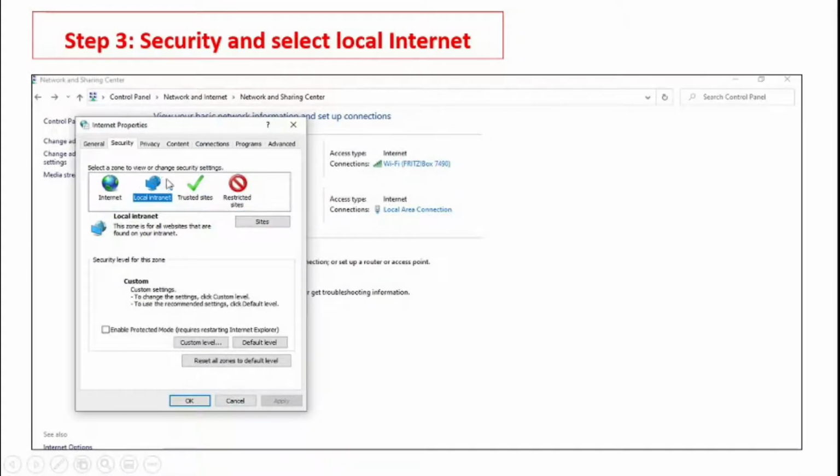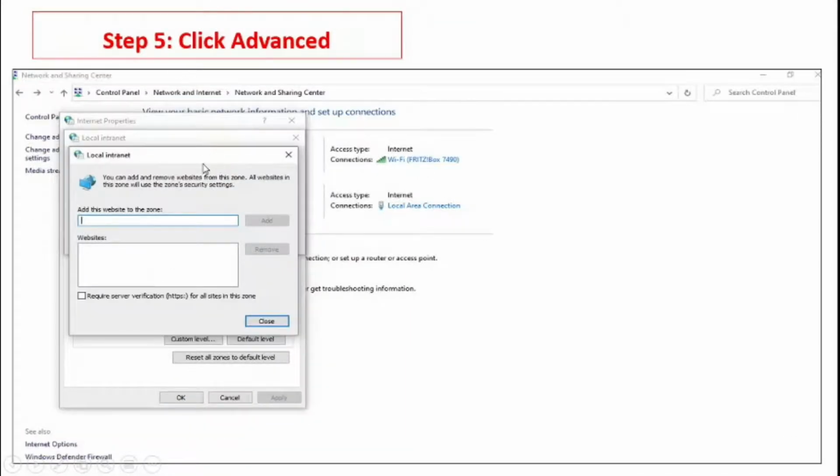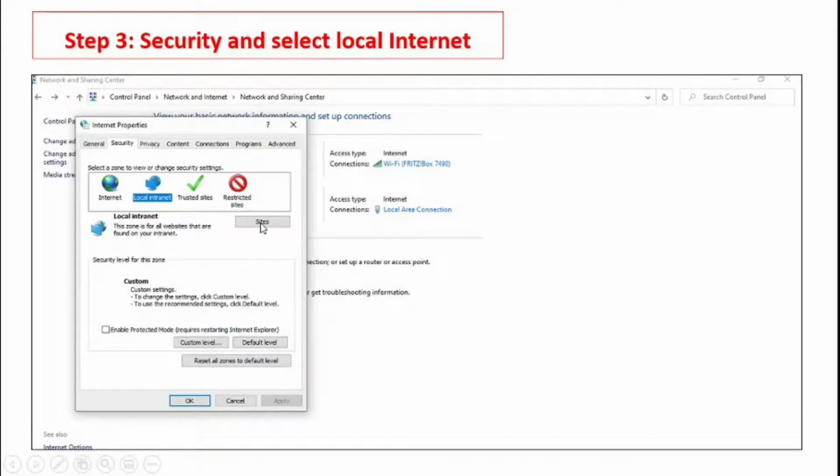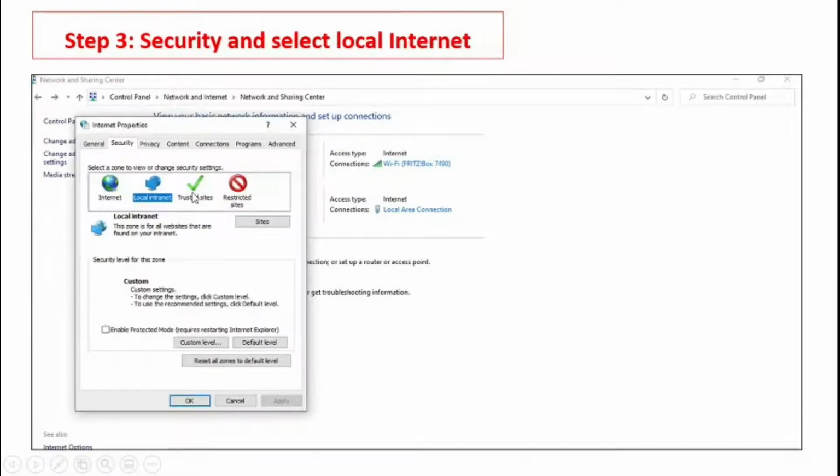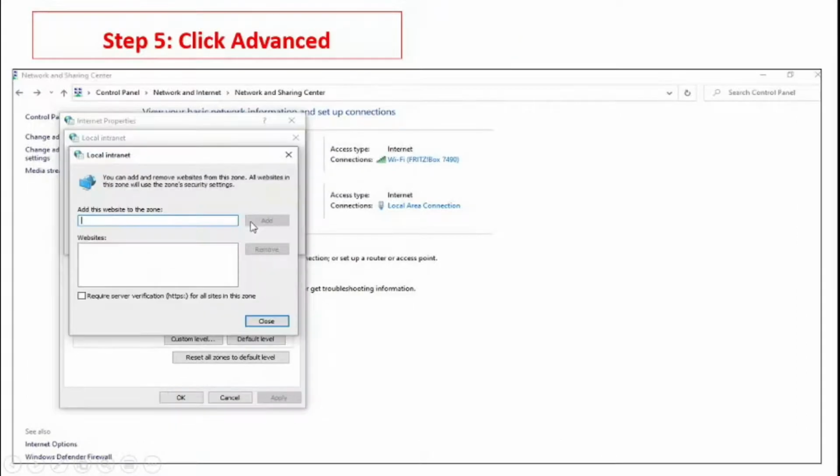From the local internet, you have to select these sites. Click on sites, and you will see this window. From sites, click on advanced. When you click on advanced, you will see this window.